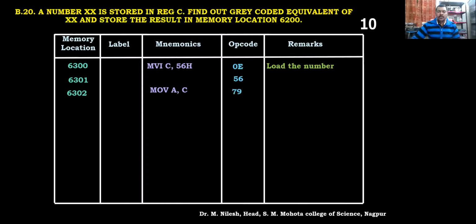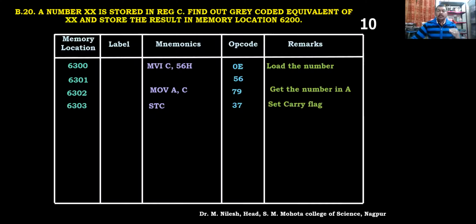So this is the opcode. We have got the number copied in the accumulator itself by this instruction. Now the first thing we need to do is set the carry flag, which means making it 1. We are using STC. So we have set the carry, and it is 1 now.